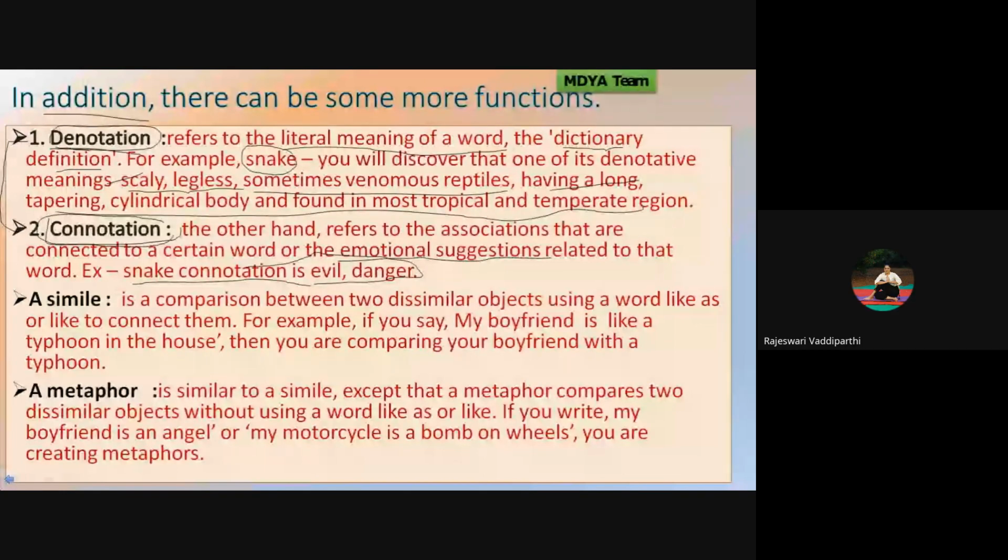Example, birds, ma'am. Whatever the dictionary meaning, birds are two-winged creatures, they fly. Connotation, if I like birds, I will say they are beautiful and I would like to watch birds. I will add something positive and beautiful to it. And if I have fear, for example, I'm talking about eagle, I will say I'm very afraid of eagle and they might attack me sometime. So I add my own meaning to it now. Very good.